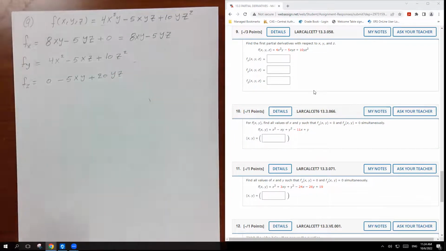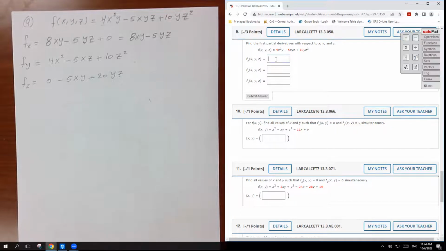That's it. Do they ask us to just type it? So the first one is 8xy minus 5yz. And the second one is 4x squared